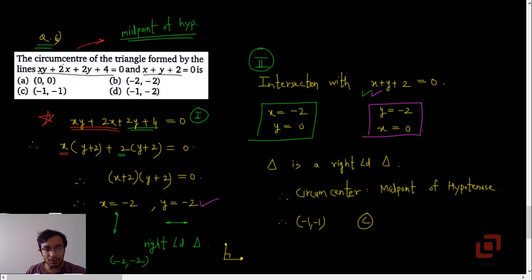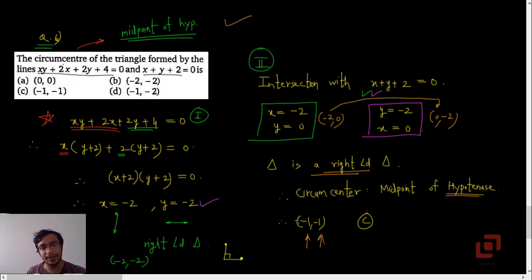So having obtained the coordinates of the endpoints of the hypotenuse, which are minus 2 comma 0 and 0 comma minus 2, we can now use the fact that the circumcenter of any right angle triangle is the midpoint of the hypotenuse. So you can use the midpoint formula to get the coordinates of the circumcenter, and those are minus 2 plus 0 upon 2, so minus 1. Same thing for y, y1 plus y2 upon 2, so the circumcenter is at minus 1 comma minus 1. Okay, let's now verify our result graphically.